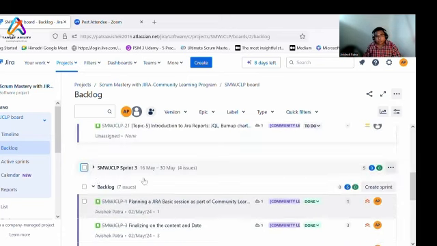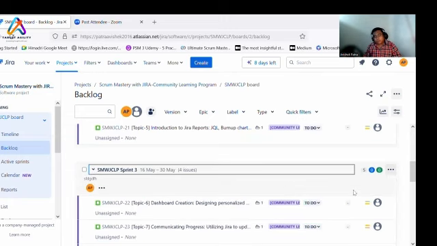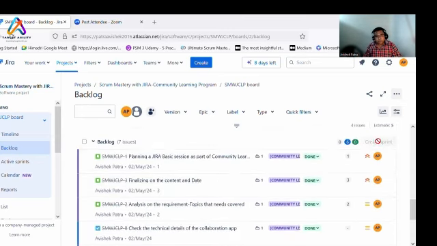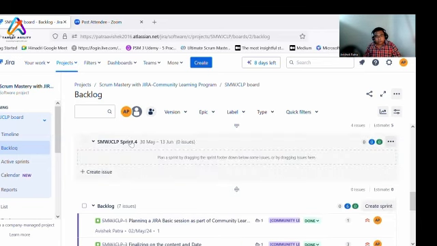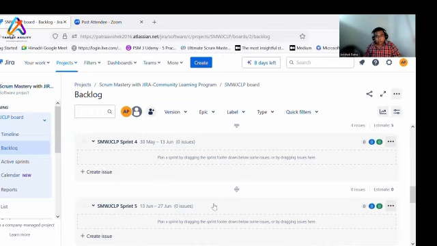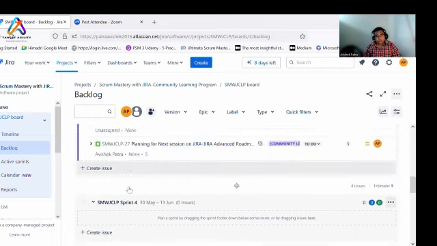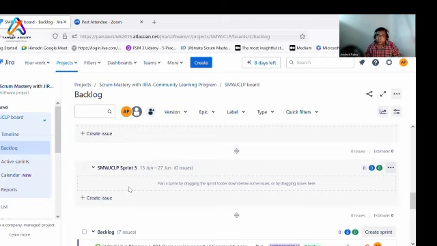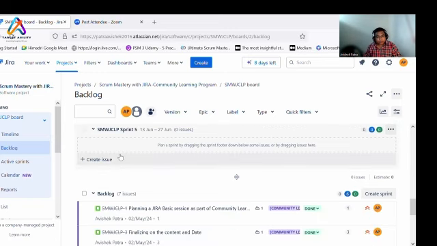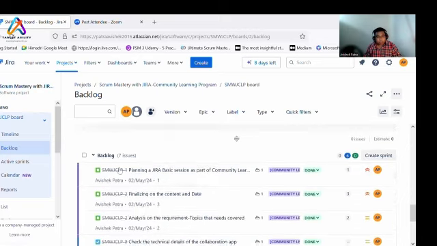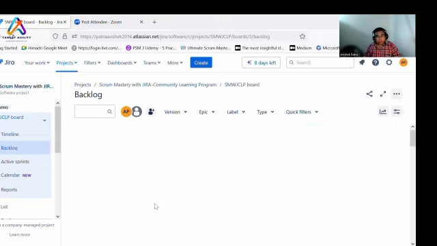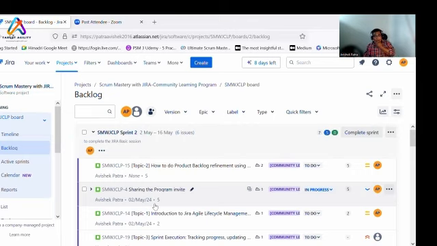So in future also, if you want to create more sprints, like if we go for the Scaled Agile Framework, we go for 5 sprints, 6 sprints, you can go and create your sprints here. If you click here, sprint 4 will be created. Click here, sprint 5 will be created. So you can create your sprints, and you can park your respective probable estimated work items under these sprint backlogs. And then obviously you have the backlog. Now you're done with the product backlog refinement session.